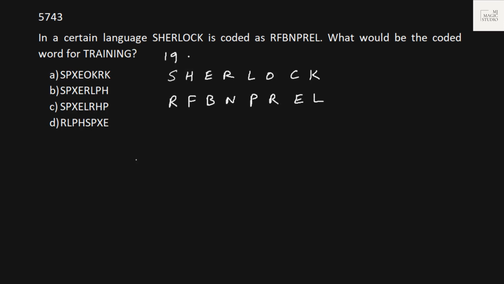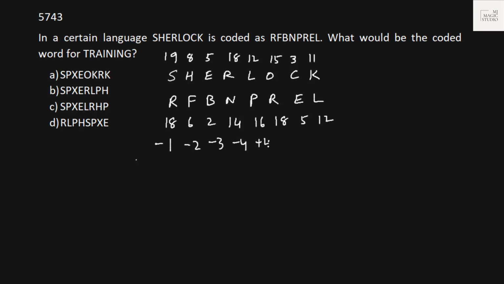So it is 19, 8, 5, 18, 12, 15, 3, 11, which becomes 18, 6, 2, and 14, 16, 18, 5, 12. So we can see 19 becomes 18, that is minus 1. 8 becomes 6, minus 2, then minus 3, minus 4, then we have plus 4, plus 3, plus 2, plus 1. This is the code they are using. Then what would be the code for